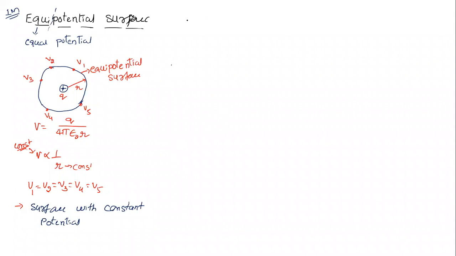Like now, I'm going to take a positive charge. I want to draw the equipotential surface for this positive charge. Let's say I can draw a circle. Tell me, on the red circle that I drew, at all the points is the potential the same or different? Same, sir. Okay, let's draw one more circle with this color.